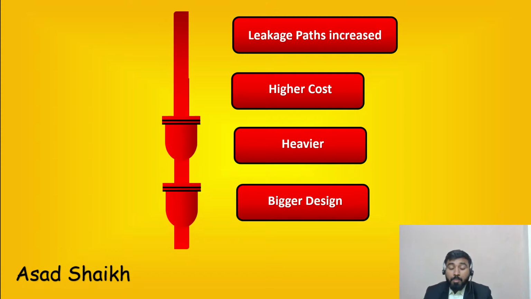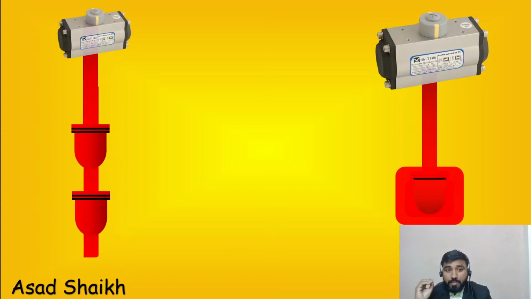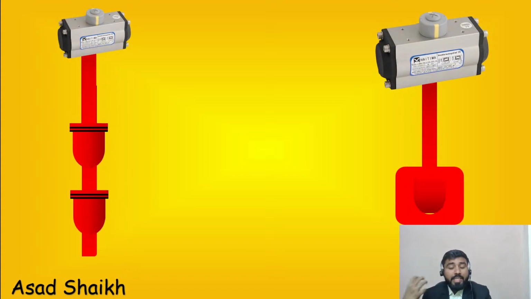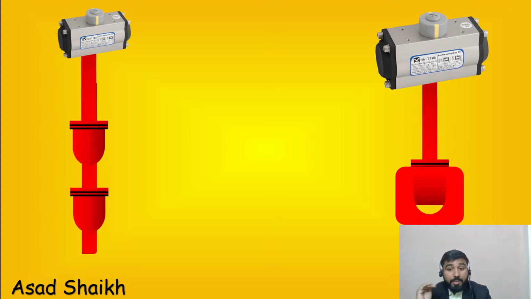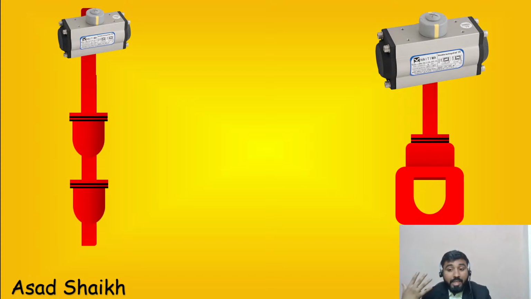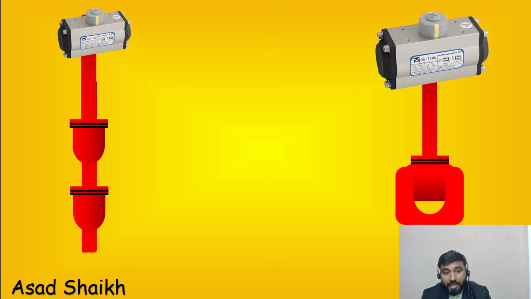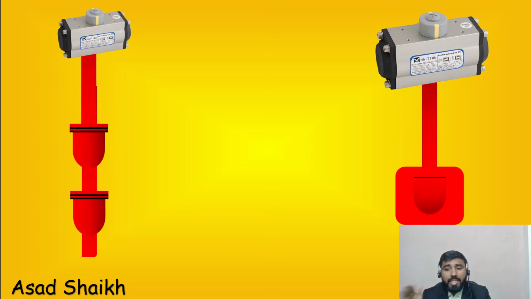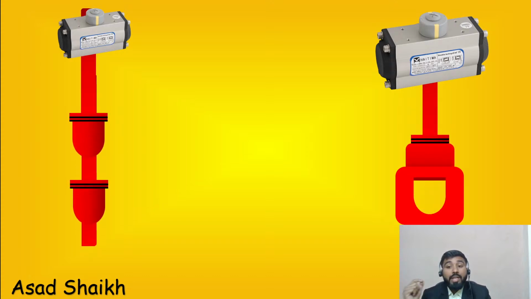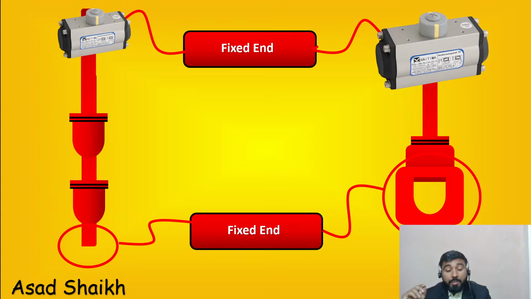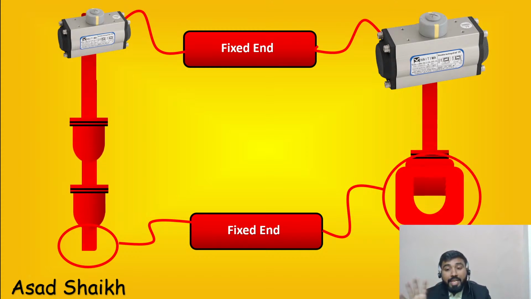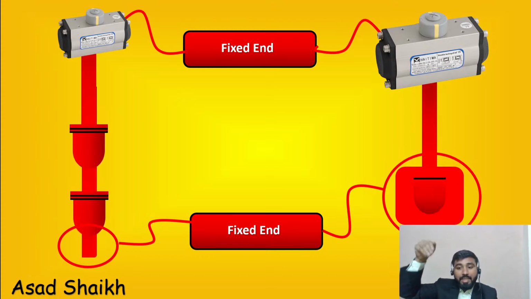That was it. But then what I would like to share is the idea of cage guided came into picture. We will get to the characteristics of trim, but before that I wanted to explain why the need came for cage guided. A lot of people also said in high DP I use cage guided valves. You are correct. In a cage guided design the top end is anyways fixed with some kind of support. The bottom is also fixed because the cage will never move, it is the plug that moves inside the cage.